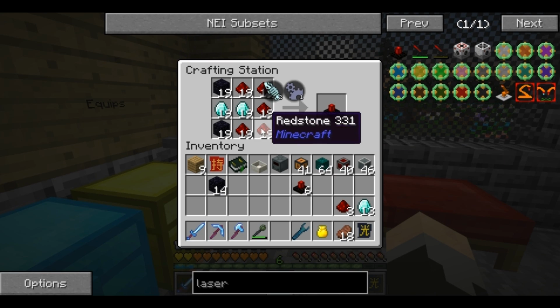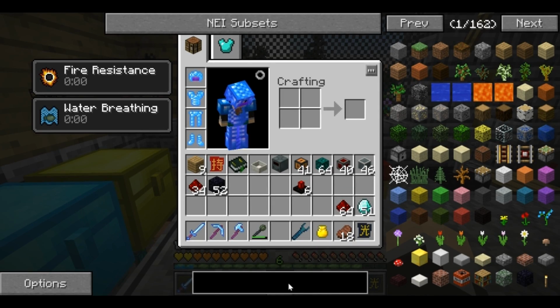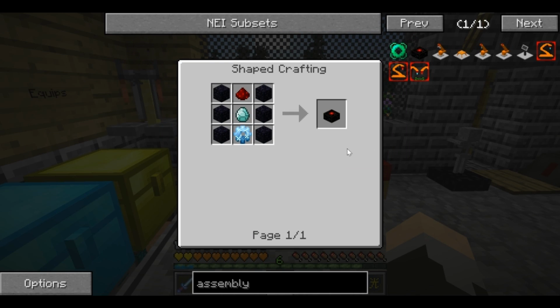So we're going to go ahead and make 6 of these. We're going to be using this to help automate the overall usage of things. I'll show you how this is going to work out in a minute. We're also going to need an assembly table to go along with it. And the assembly table is...